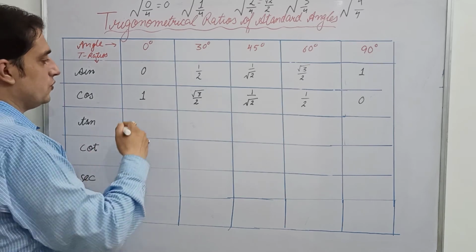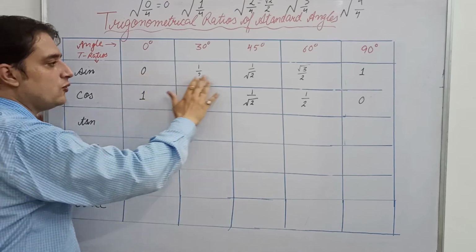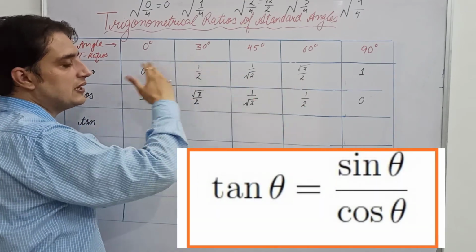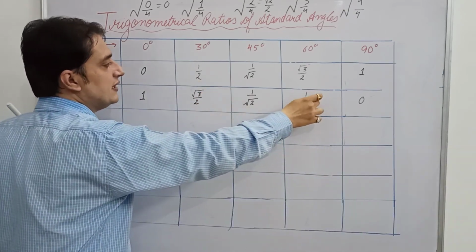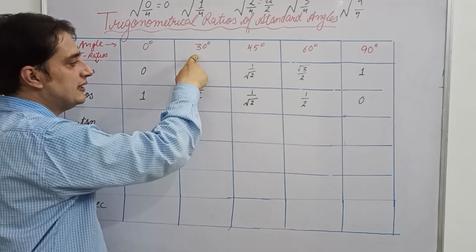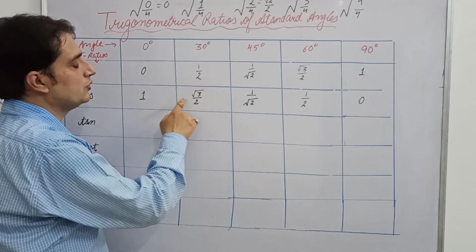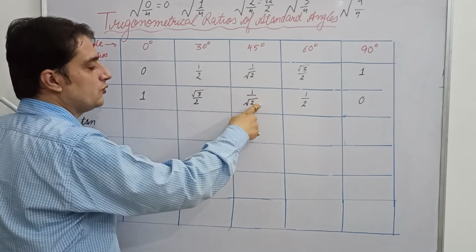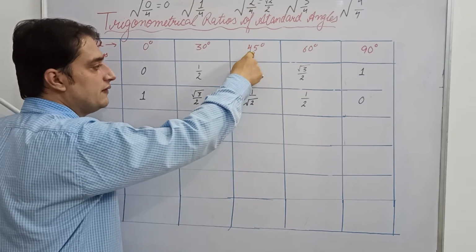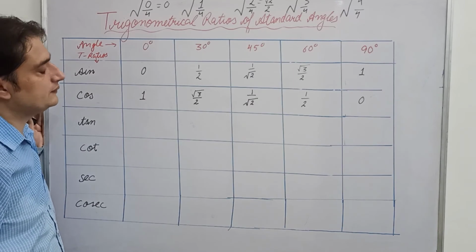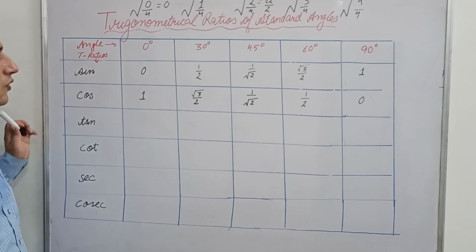So for tangent, you know tangent is the ratio of sine value to the cos value. If you know the sine values, then you can find the cos values by taking the complementary angles and seeing the values of sine. For cos 60 degree, the complementary angle is 30 degree, just look at the value of sine 30 degree, that is 1 by 2. If you want to know the value of cos 45 degree, what is the complementary angle of 45 degree? That is 45 degree, just look at the value of sine 45 degree, that is also the value of cos 45 degree.